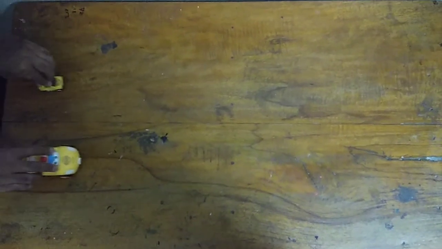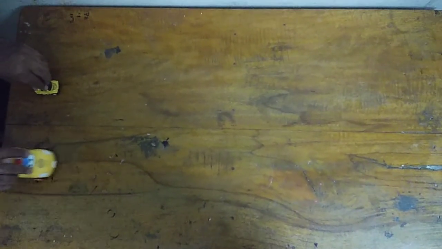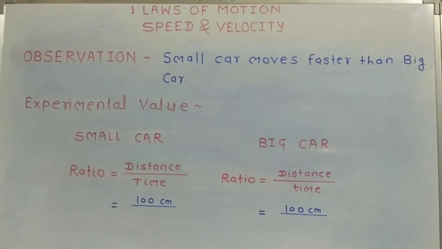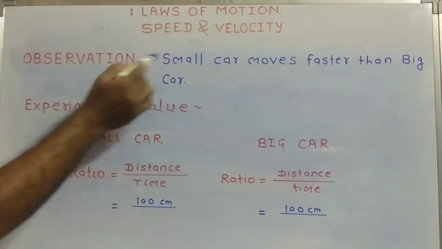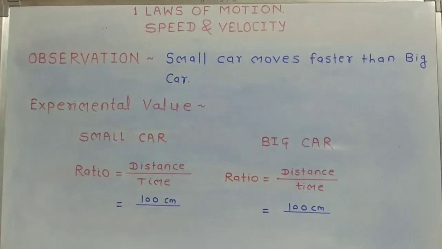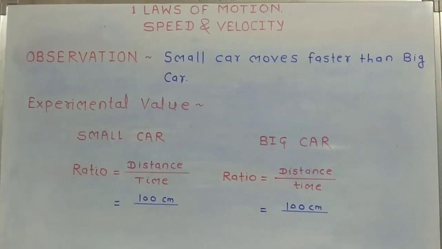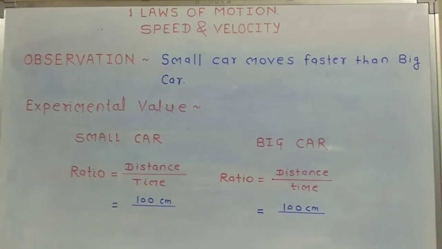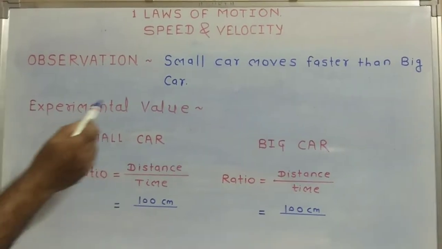Dear student, we are performing a simple experiment with two cars. One car is a big car, the second car is a small car. Now you have to answer me a question, that is, which car is moving fast. We have performed the simple experiment, and by observation you can easily tell that the small car moves faster than a big car. But in every case you will not be able to observe the objects, and therefore you have to find out its solution by experimental way.